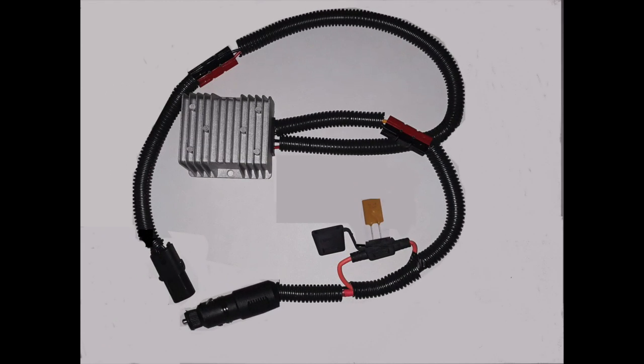Pictured here is my implementation of the circuit described on the previous slide. To use this circuit, I inserted the round 12-volt DC plug into my van's 12-volt DC outlet and inserted the rectangular weather pack connector into a matching connector that I put across the solar input jacks of the solar charge controller. The key components are the 152 watt DC to DC boost converter, a fused 12-volt DC plug, a PTC